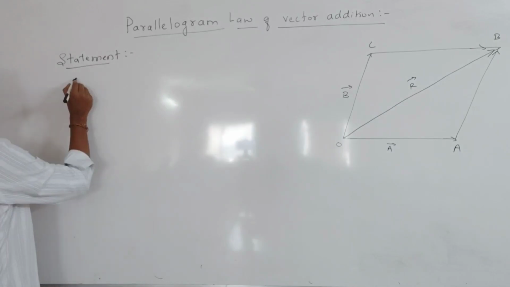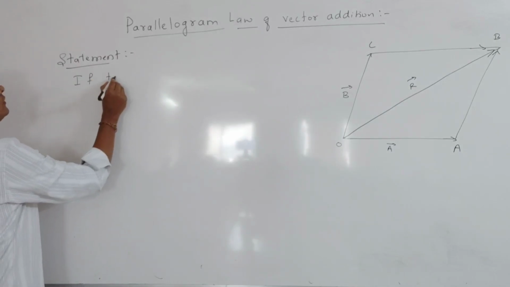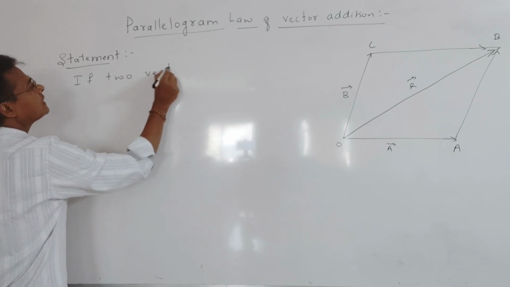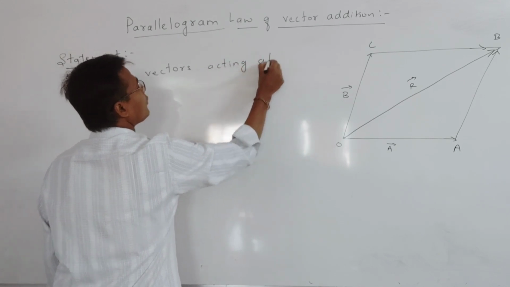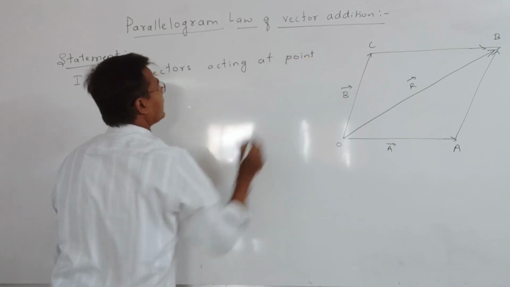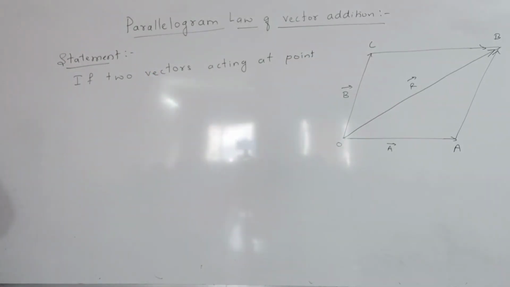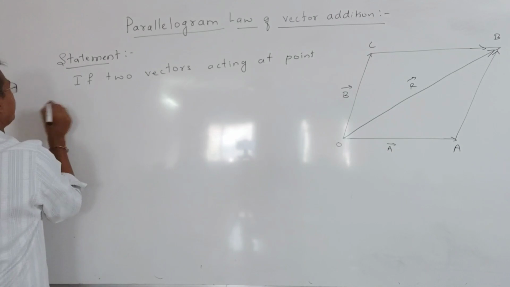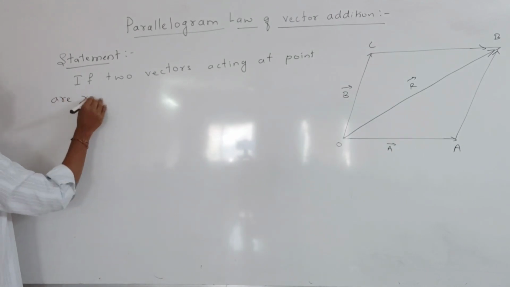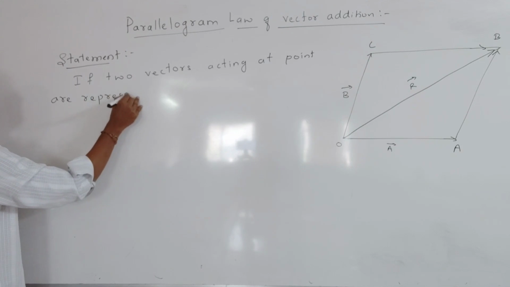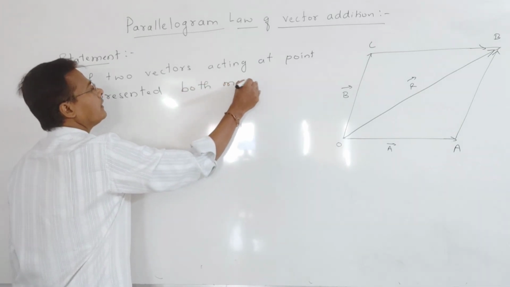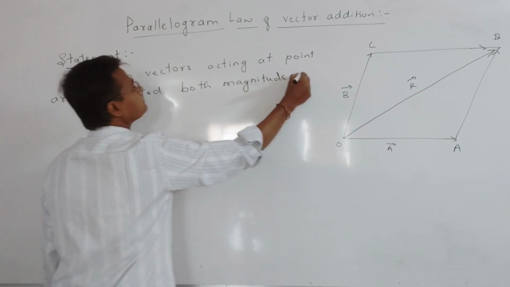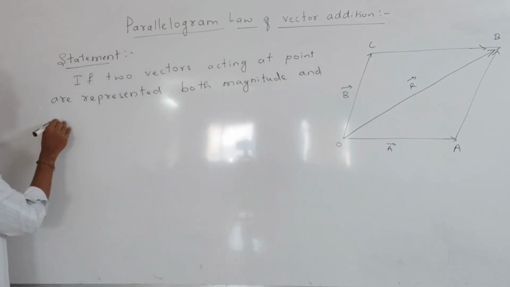So now see, if two vectors acting at a point are represented in both magnitude and direction